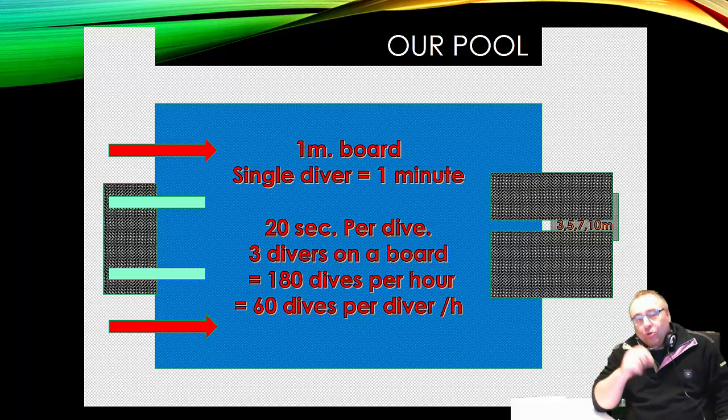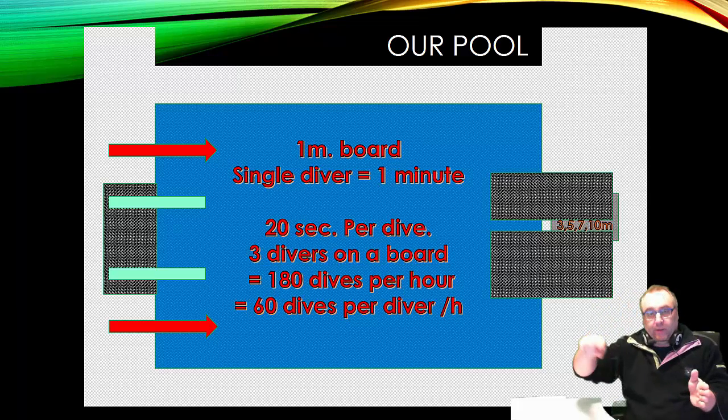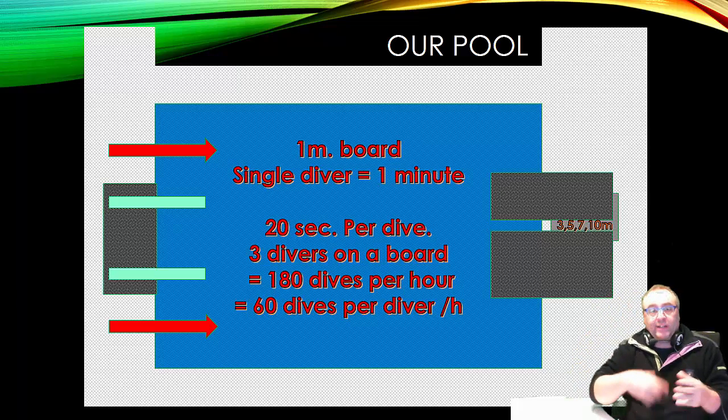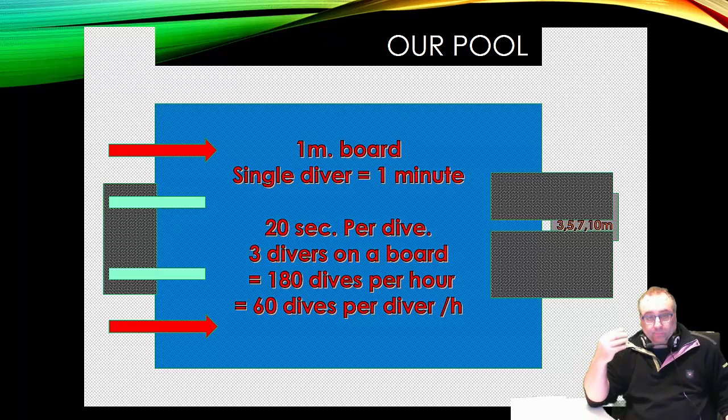But if you train on 1 meter board, now it's getting interesting, and you take just one diver, then it takes about 20 seconds for this diver to complete the dive. You know, standing there on the board, completing the dive and just getting back to the pool side. That's about 20 seconds. And if he hurries, then within 1 minute he can do another dive. That means that with 20 seconds per dive, you could have three divers on the board,